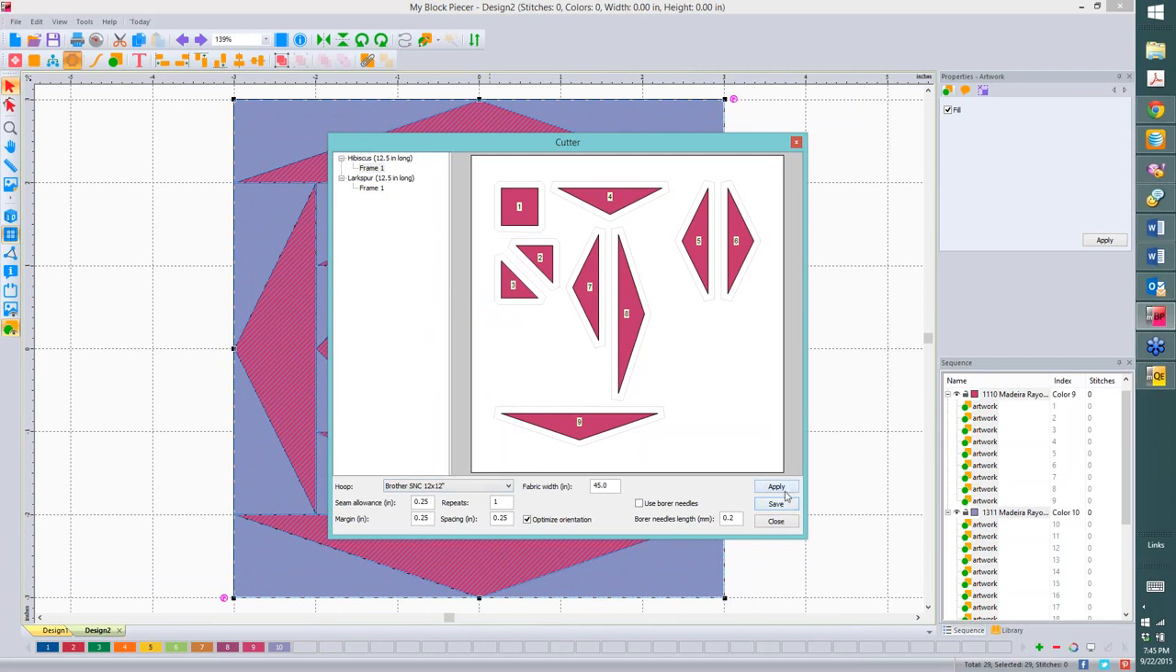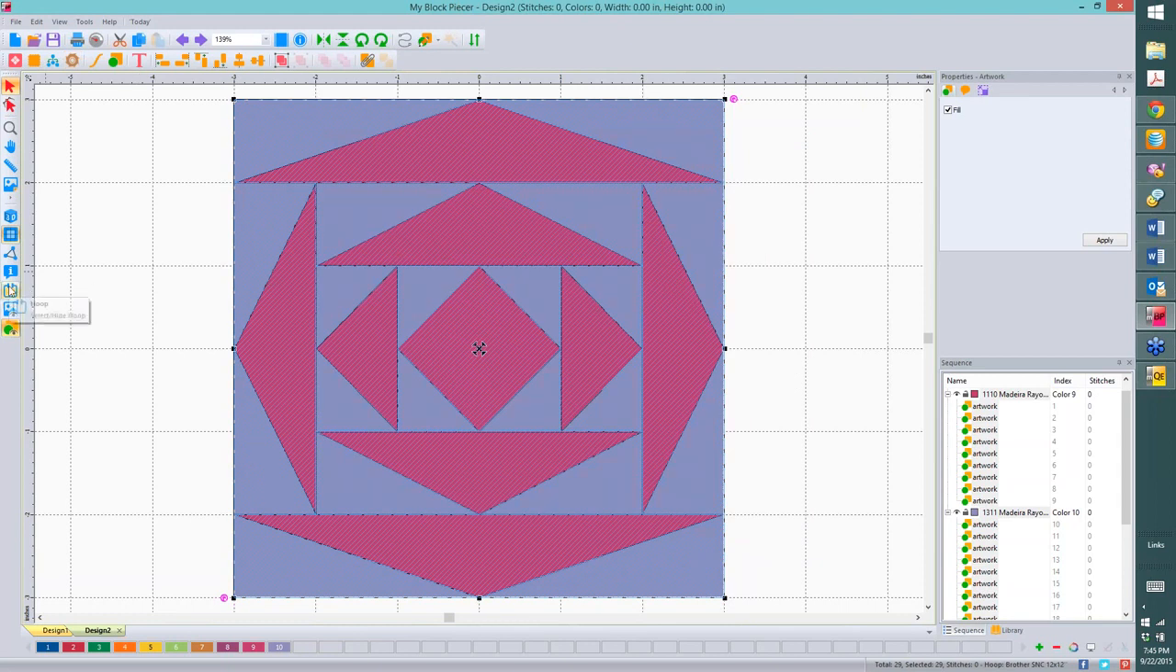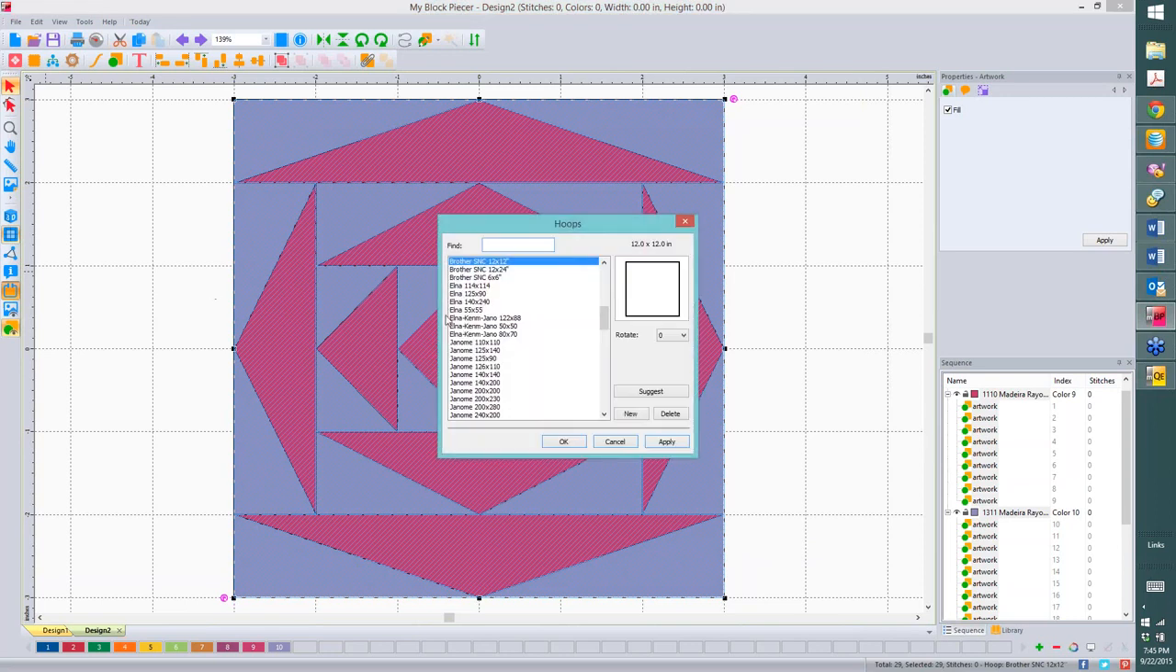Let's cancel out of that. Close for a minute, and let me show you where you do that, because chances are they're going to come out with a new mat size. All you have to do is come over here on the right-hand side, click on your hoop, and let's say that one of the companies comes out with a giant mat,